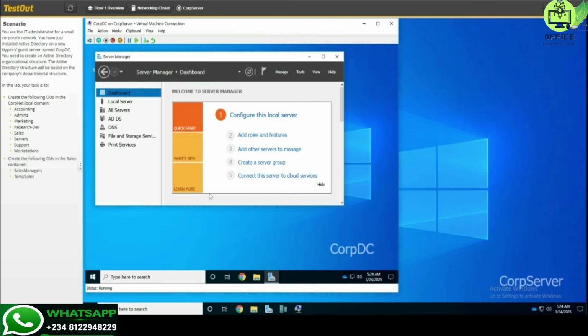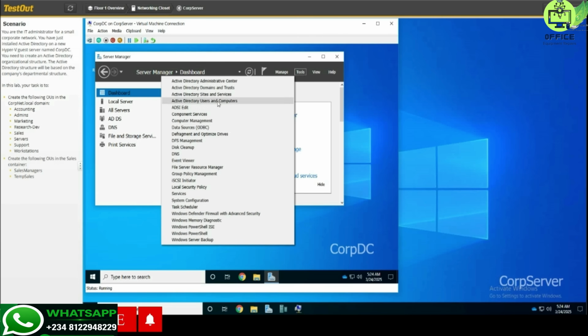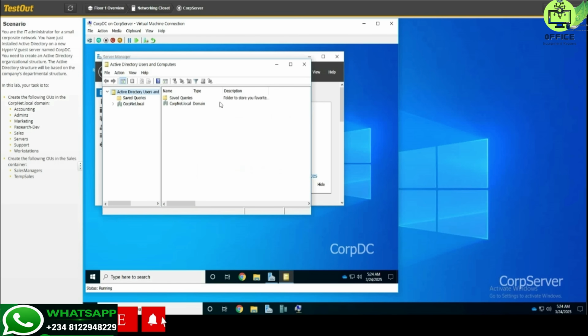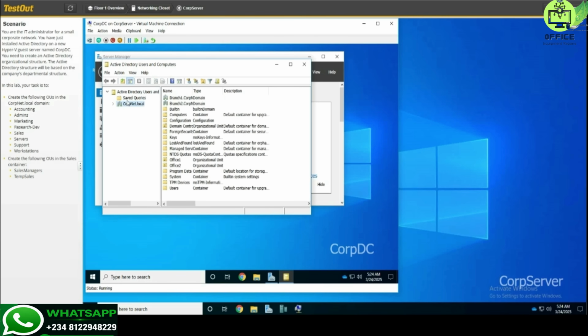Now, while you are in this pane, go to Tools on the top right corner. Click on Tools and go to Active Directory Users and Computers. Click on it. It's going to come up with this pane. Locate CompNet.local. You click on it,